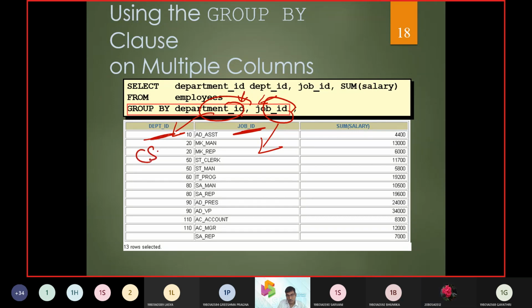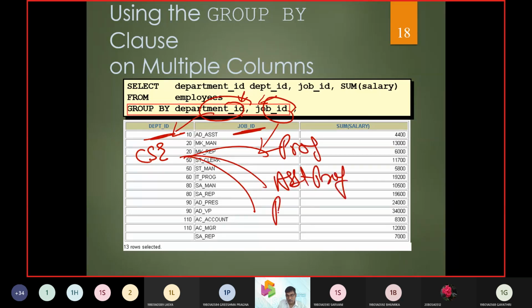First group I am going to call the CSC department. Then in the CSC department I have professors, assistant professors, and programmers. Similarly I am going to have another department, and in it I have professors, assistant professors, and programmers.